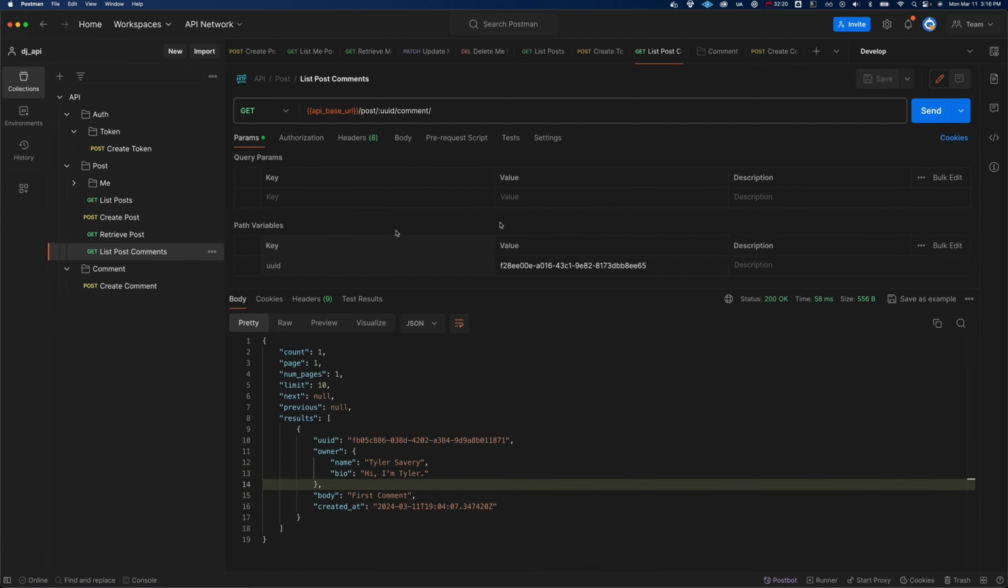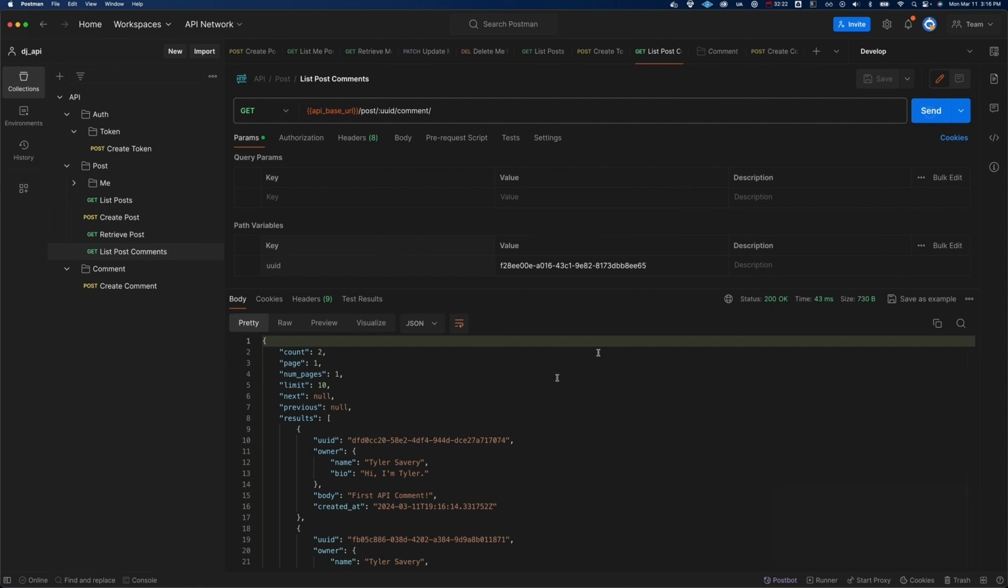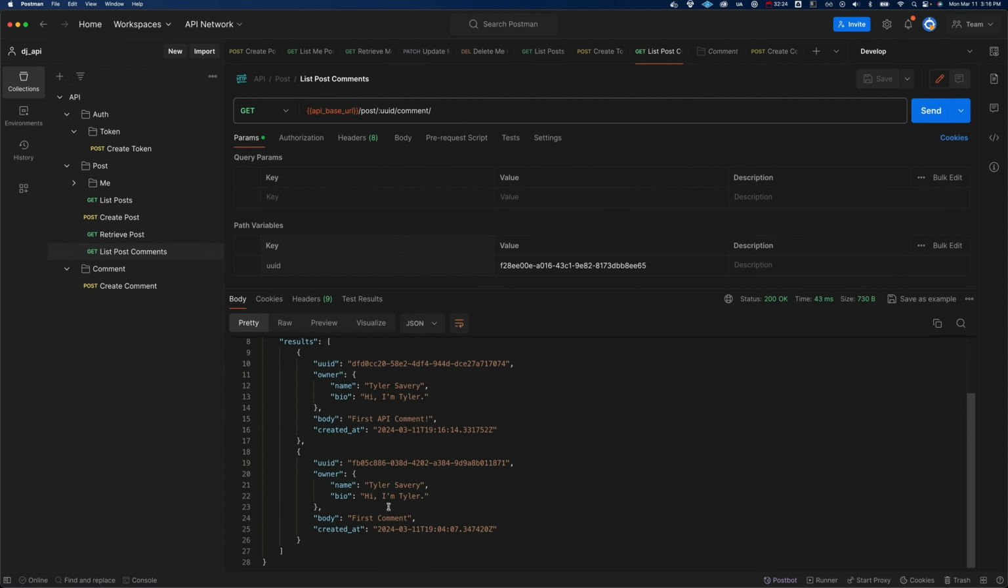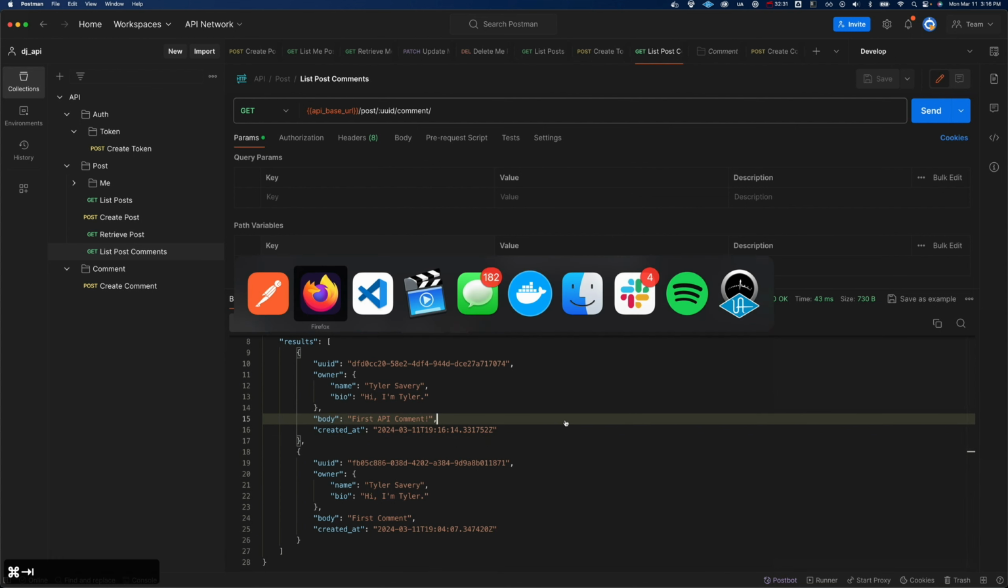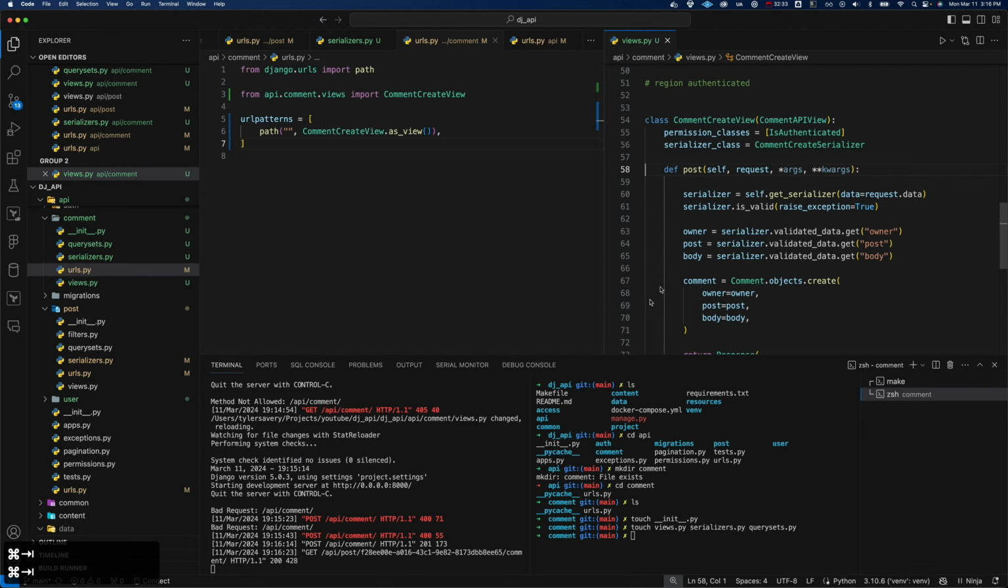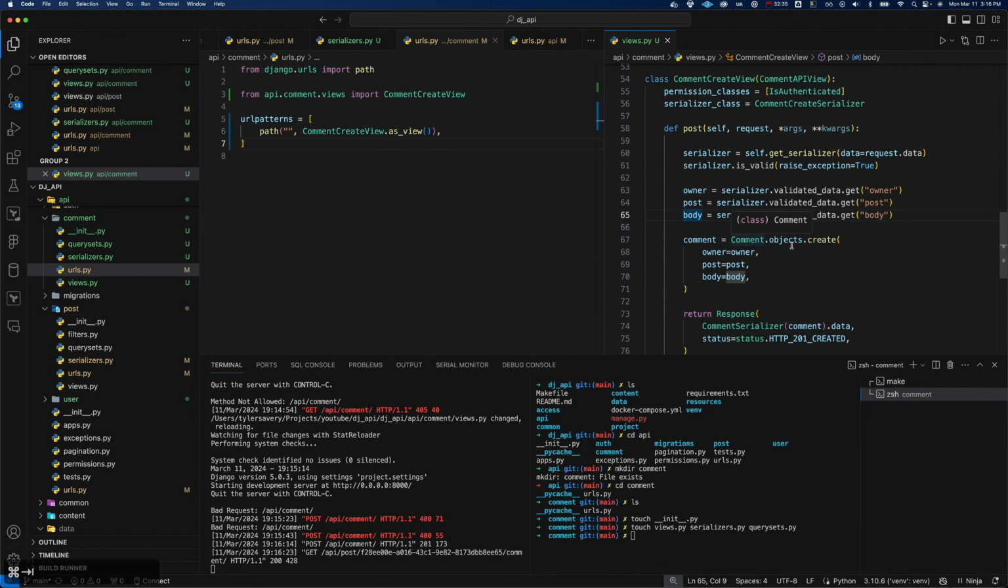And if we go to our list post comments again, assuming I did the right one, we should have 2 in here now. So we do. And first comment, first API comment. So there, we have that. So that's pretty great. Now, lastly, we do want to have a way to allow people to delete their own